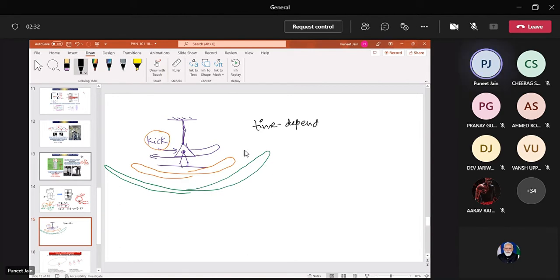So this is just an analogy, the mechanical thing converted to electric. So you can think of this kick as a source which is giving rise to electric fields, which are time dependent. So time dependence is coming because of correct phases. And the second thing is the net acceleration is